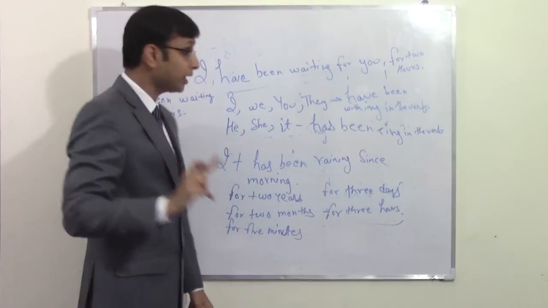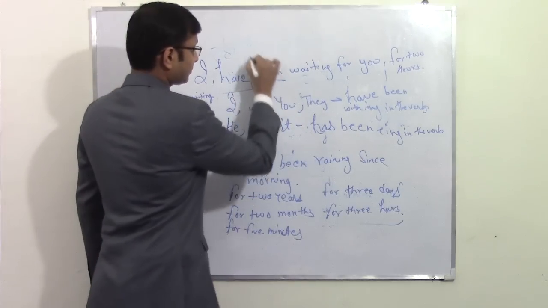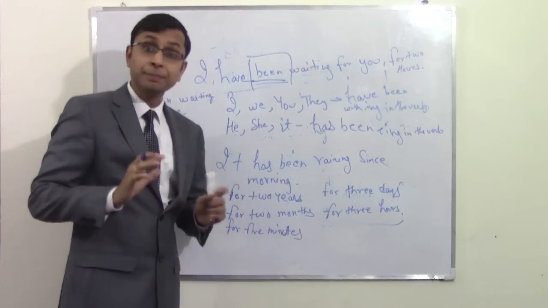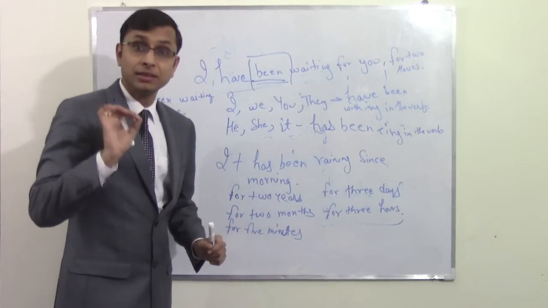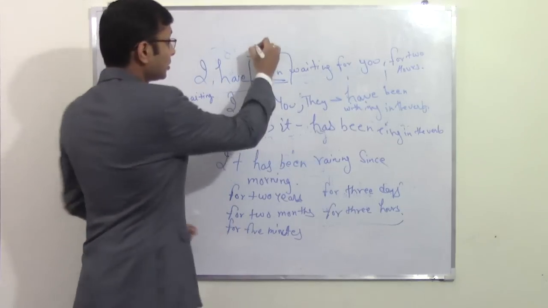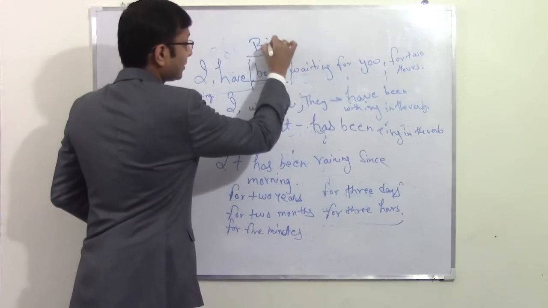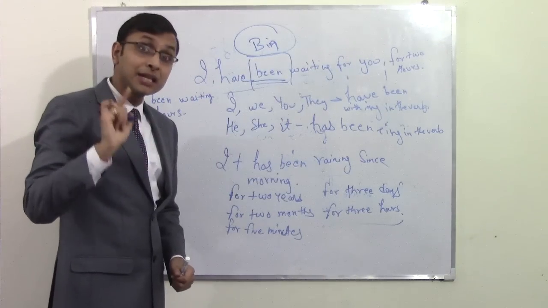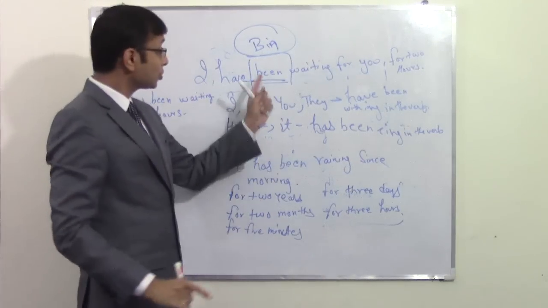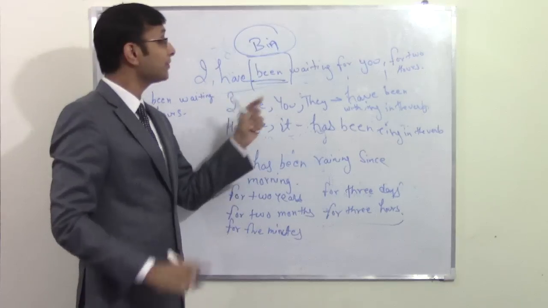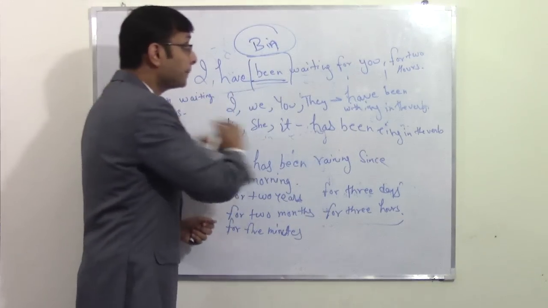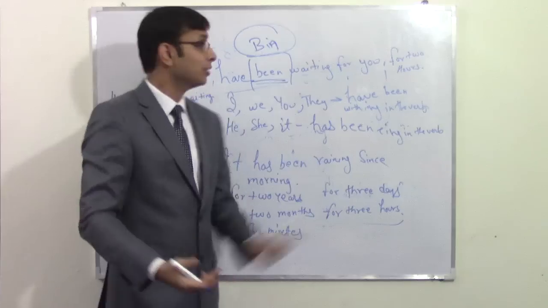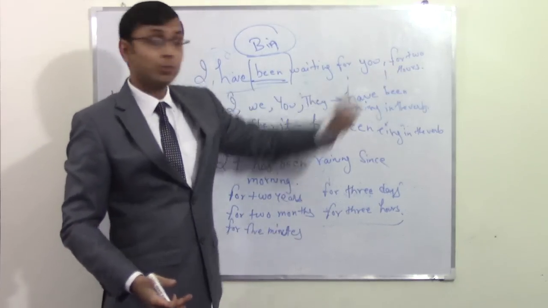And one more thing I like to tell you, when we say this word, been. So it is not like been. We don't say been. How do we say it? Been. So it is like B-I-N. This is the correct pronunciation of this word. We never say been. Like, I have been waiting for you. I've been waiting for you for 2 hours, right?